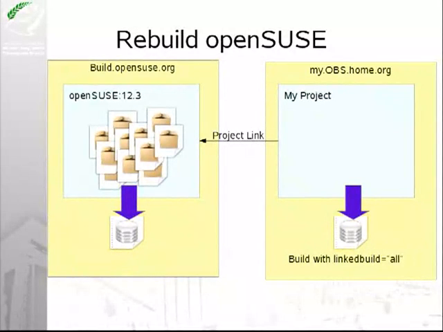Just for the example, the same setup would be possible with openSUSE. You make a project link, say not link build local dependencies, but link build all, because you have no change, you just want to rebuild it identically. It's basically 2 lines of XML in the project configuration to do it. It's really easy to create plenty of build load with a build service.